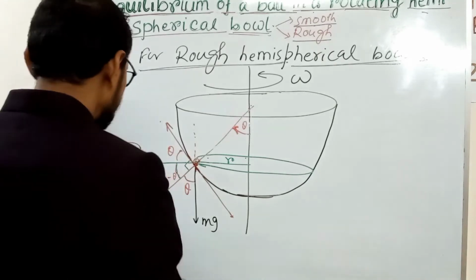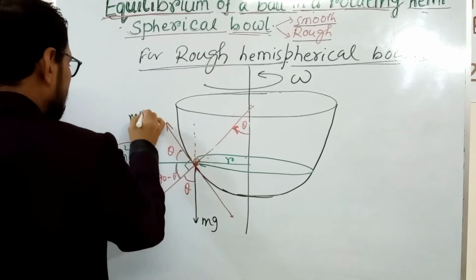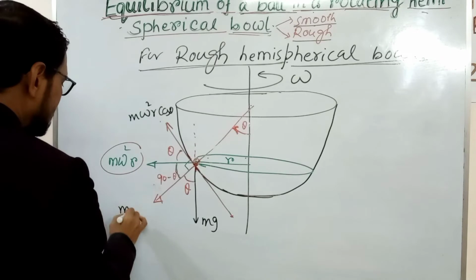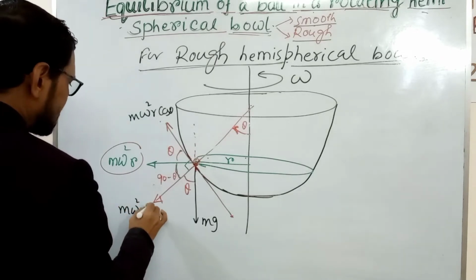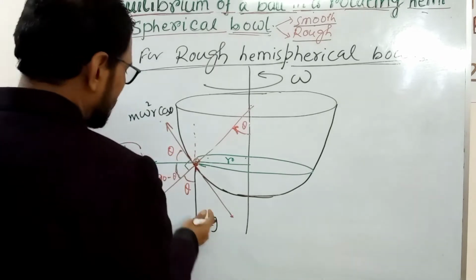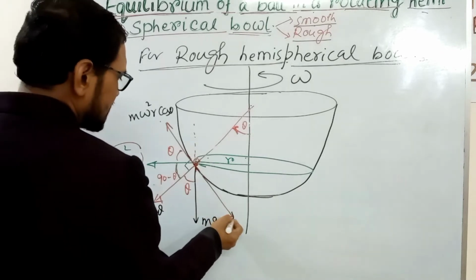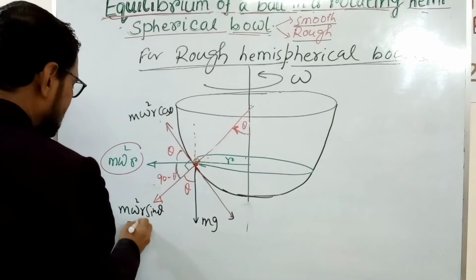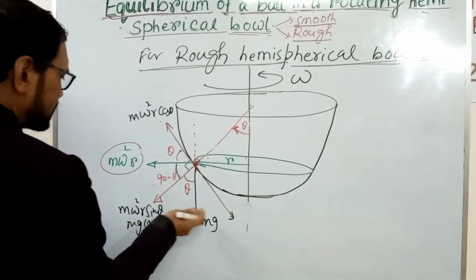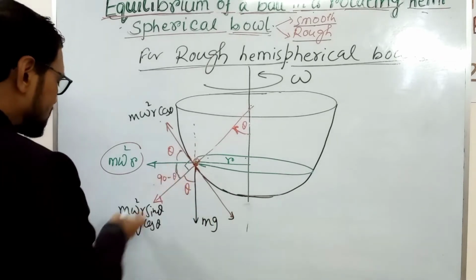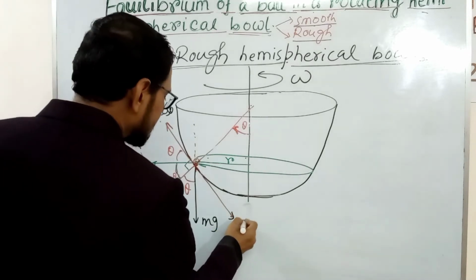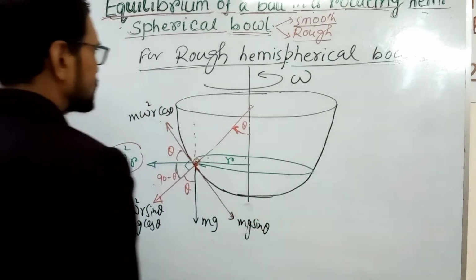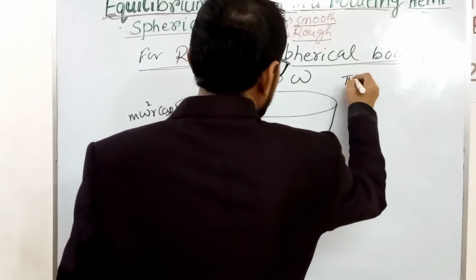Now resolve this force along two components. This is cos theta, and this direction is sin theta. Resolve the weight mg along this and this direction. The component of this along this direction is mg cos theta, and in this direction is mg sin theta. So friction force. Now to calculate